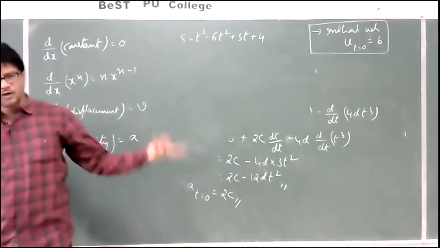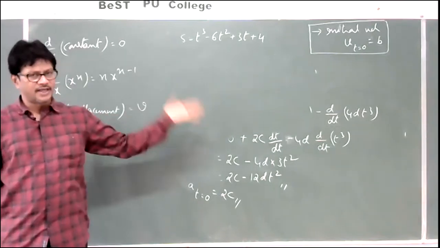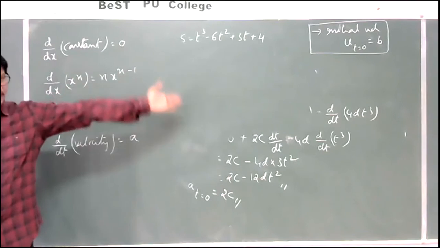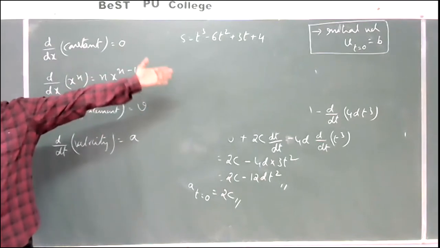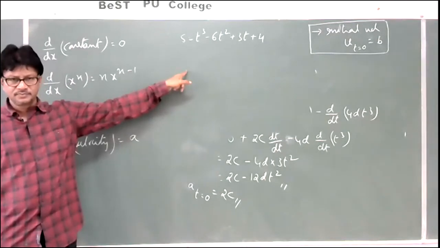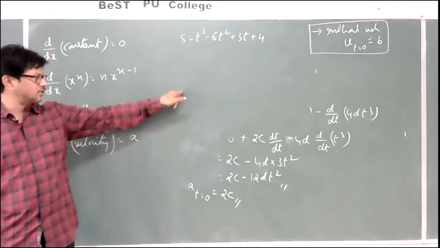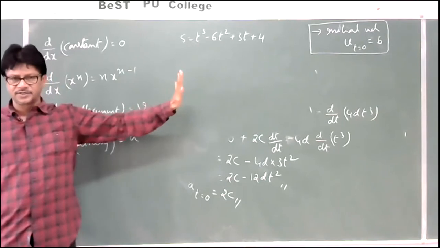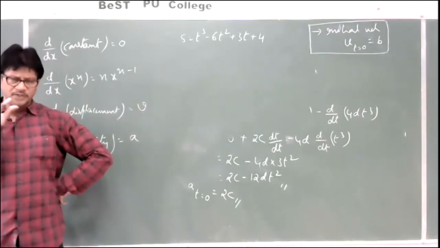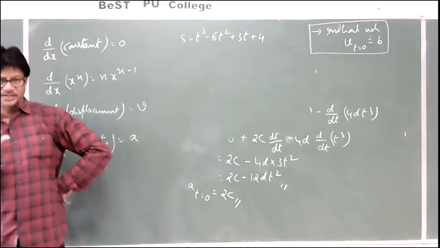So obviously we have to find the velocity and acceleration first. If you differentiate the displacement, we'll get the velocity. Again, if you differentiate the velocity with respect to time, we'll get the acceleration. Just do it. You try to find out the velocity and acceleration equations.